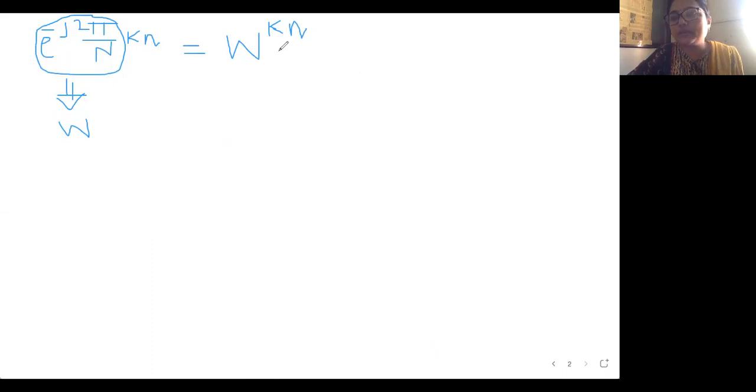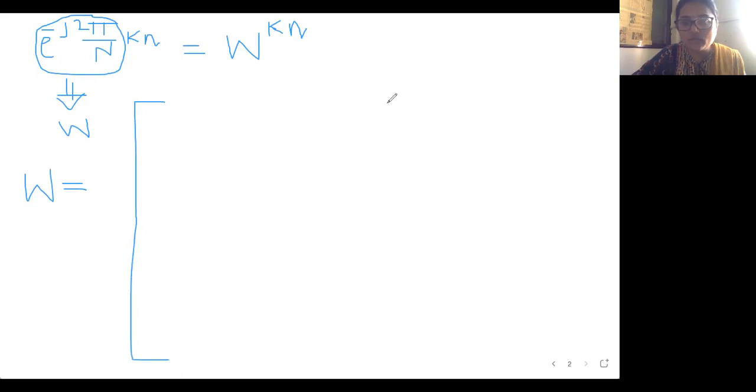Now I want to represent the Twiddle factor. This matrix is called the W matrix or Twiddle matrix. Yesterday we wrote the W matrix. It will be a matrix because there are two variables, K and N. We will take the N variable for the number of rows and the K variable for the number of columns. In this way we will write the Twiddle matrix, or we can call it a W matrix.